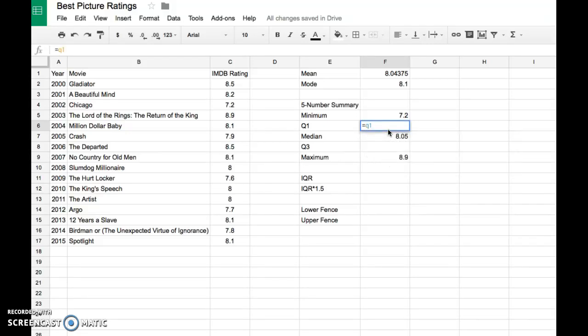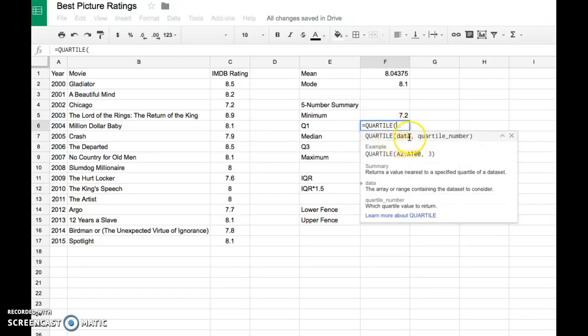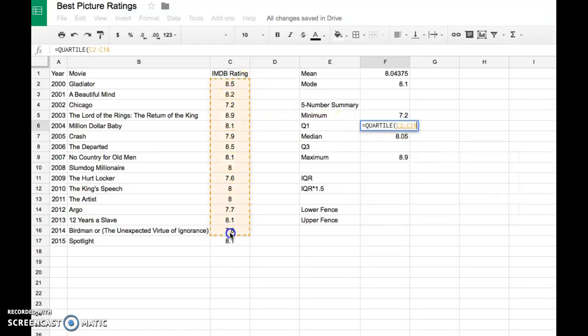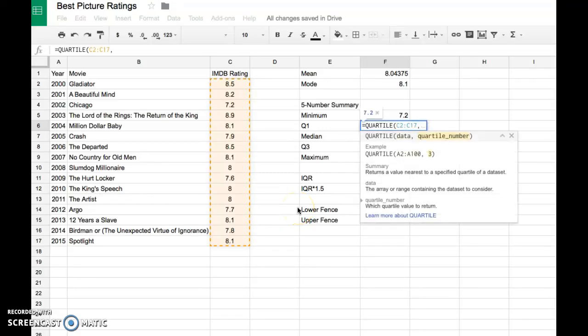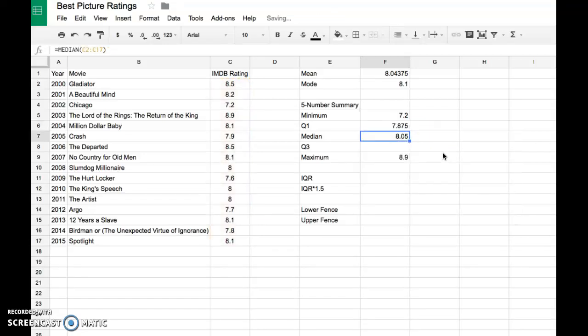If I hit Q1, it has no idea what I'm talking about, because Q1 is actually a location on this table. So I'm going to start typing in quartile, and you can see it comes up. But when it comes up, it says the data, and then it says the quartile number. So the quartile number for us is 1. So now I'm going to highlight all this data right here. But instead of pressing enter now, I'm going to hit comma, and now the quartile number, and I'm going to hit 1. And I'm going to hit enter, and I get the lower quartile is